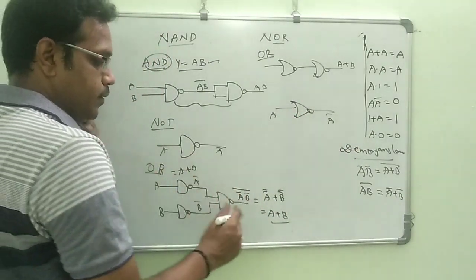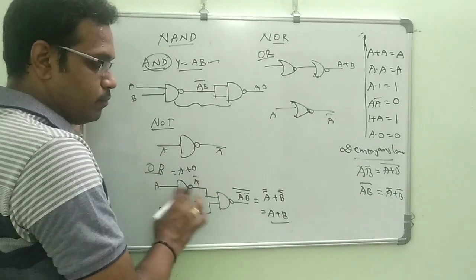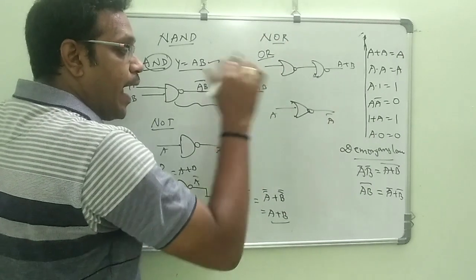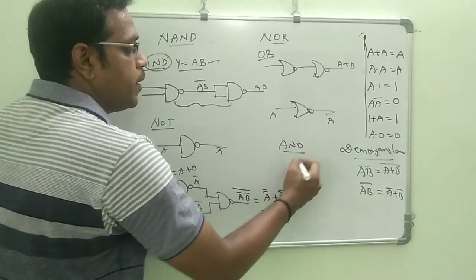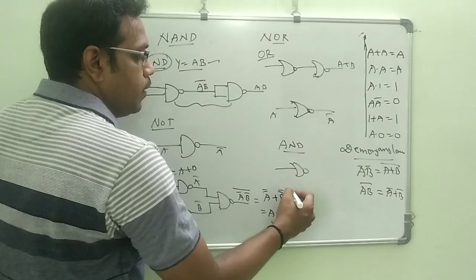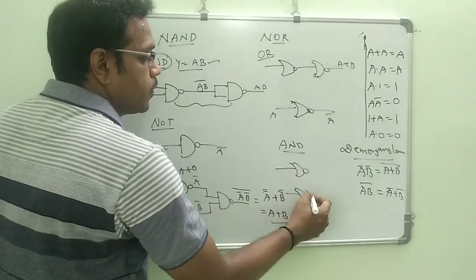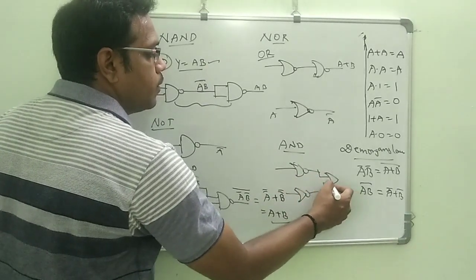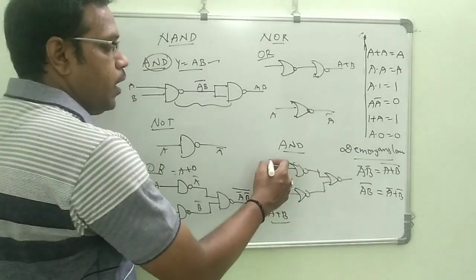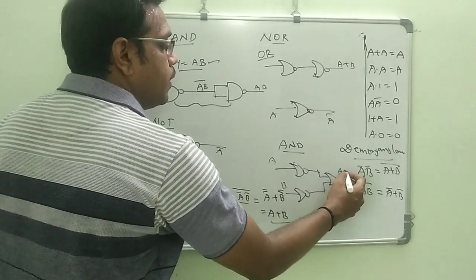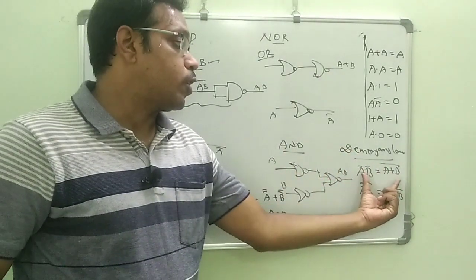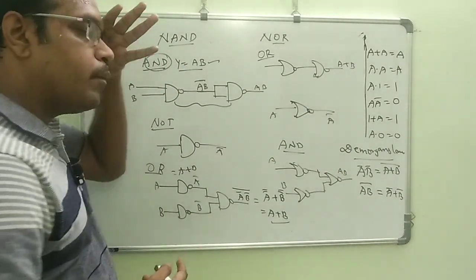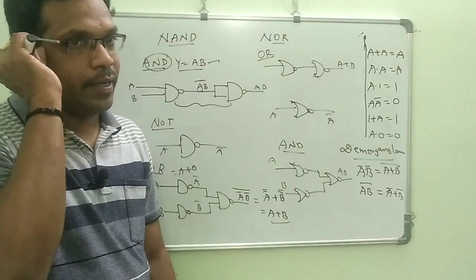This is NOR, this is NAND. Now by using the same 3 NORs we can prepare the AND gate. So the AND gate can be prepared by 3 NORs, 1, 2, 3. It's just recalling like this. So A, B, and you will get AB, but we need to use this formula. So like this, by using universal gates we can prepare the basic gates.